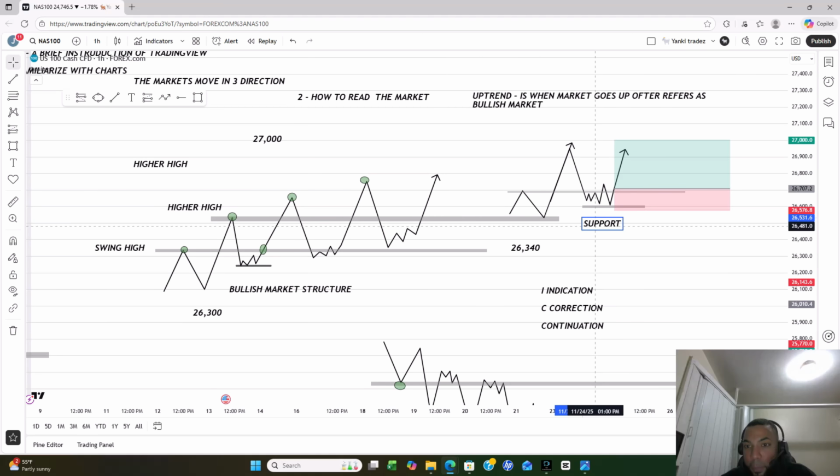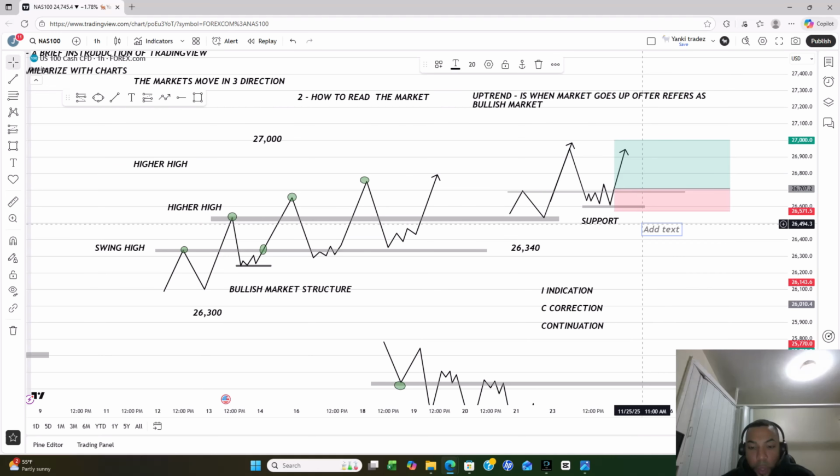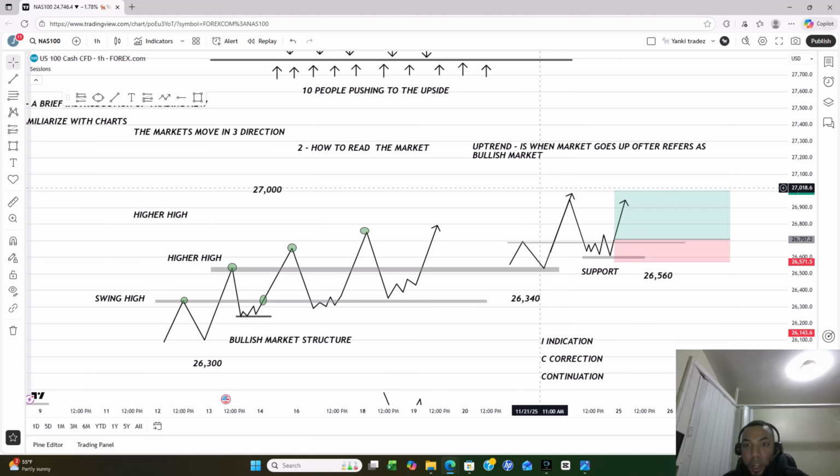Let's say below the support level, right? We always put the stop loss below the support level. Okay, let's say the stop loss should be placed at 26,560. 26,560, okay, and the target level should be,